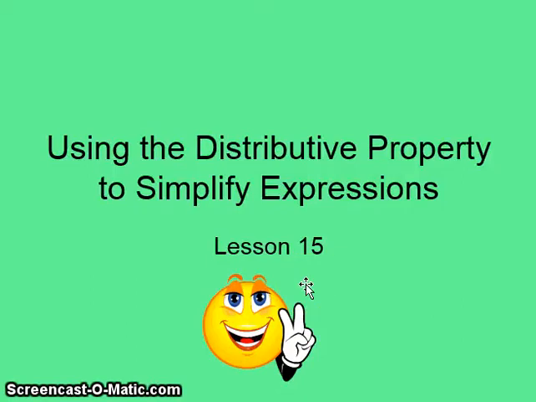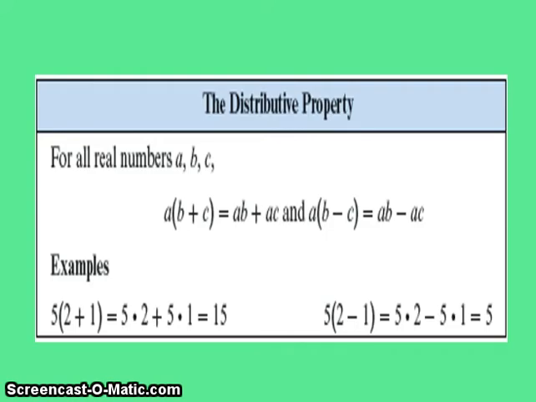This video is about using the distributive property to simplify expressions, and it's lesson 15 in your book. The distributive property says that for all real numbers a, b, and c, a times the quantity b plus c equals a times b plus a times c, and a times the quantity b minus c equals a times b minus a times c. Now what this means is that if you have a number outside a set of parentheses and it's being multiplied by the quantity in parentheses, you can distribute that term outside the parentheses to every term